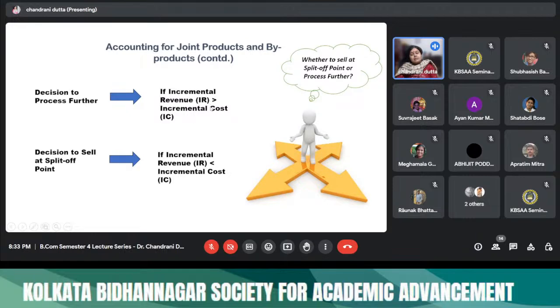So when do we decide to process further? When the incremental revenue, what revenue we would have had by selling at the intermediate stage, and how much revenue we will get by further processing. So what is the rise in revenue, what is the change in revenue basically, okay, it's a rise, but change in revenue if you take it. So what is the change in revenue? Okay, incremental revenue. If the incremental revenue is more than the incremental cost, you are incurring further processing cost. If that is more, then definitely you will process further because the benefit is more than the cost. But if it is the other way around, if the incremental revenue is less than the incremental cost,